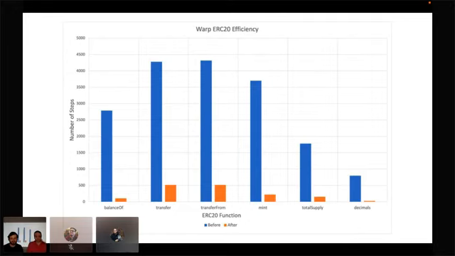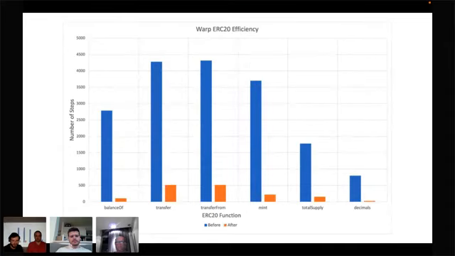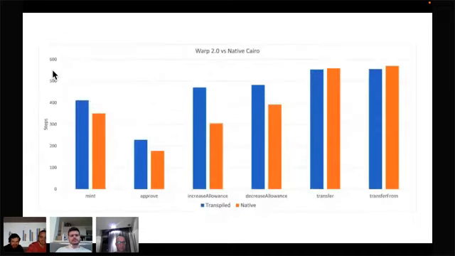The blue line is the old version of Warp, and the new one, the orange, is Warp 2.0, and it's pretty much orders of magnitude more efficient in every single way you can measure it.